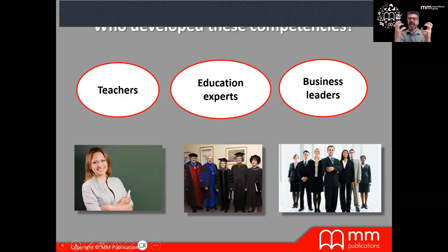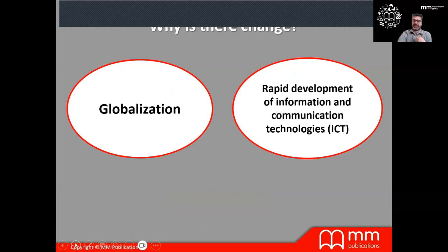So they came up with a set of competencies, a set of skills that every student, regardless of what path they decide to take in their life, needs to develop.